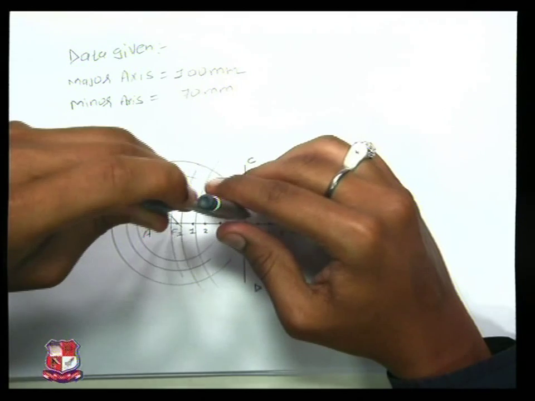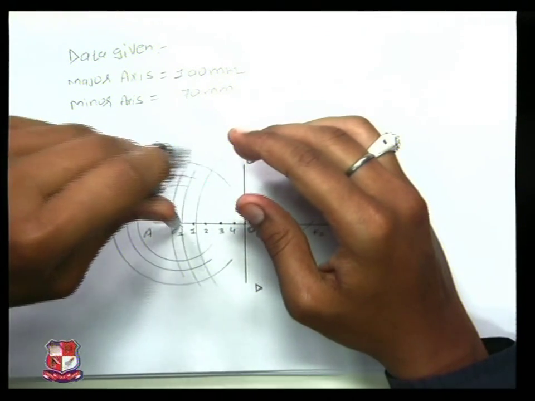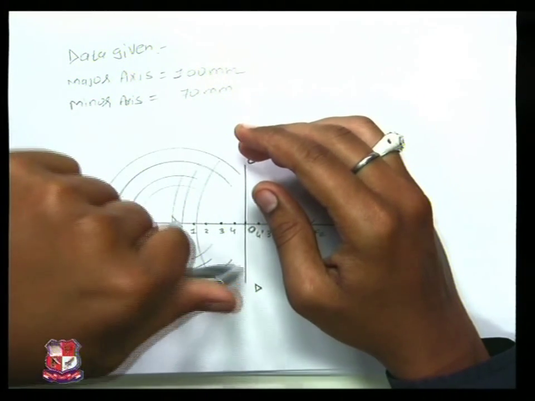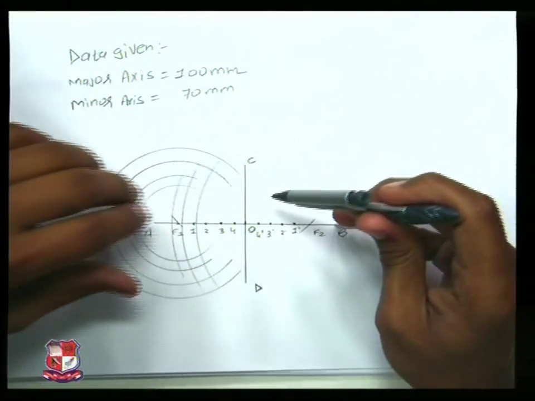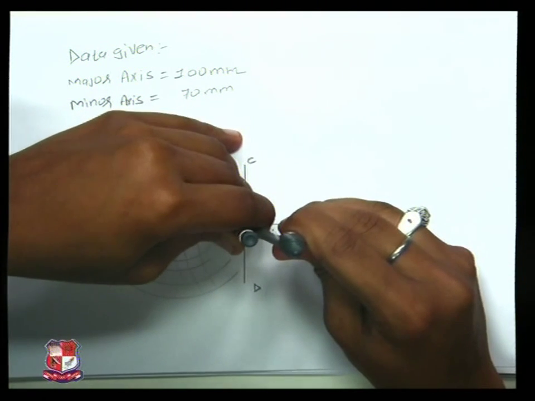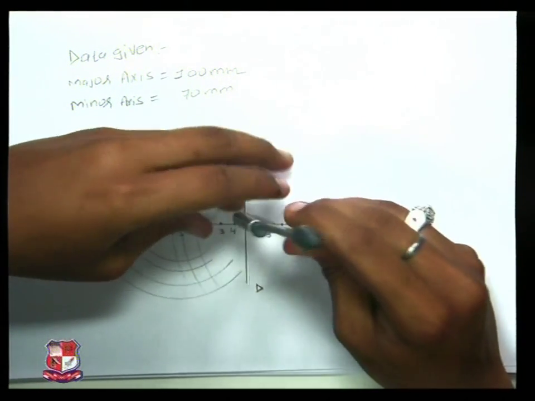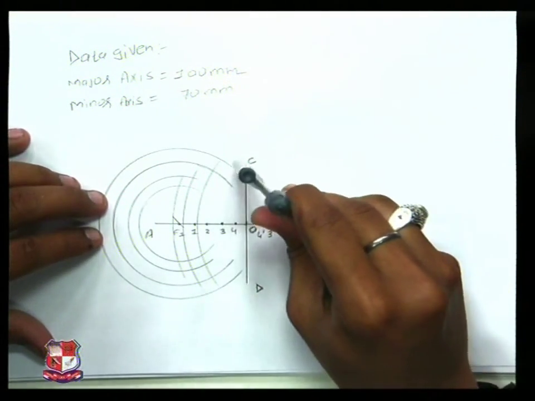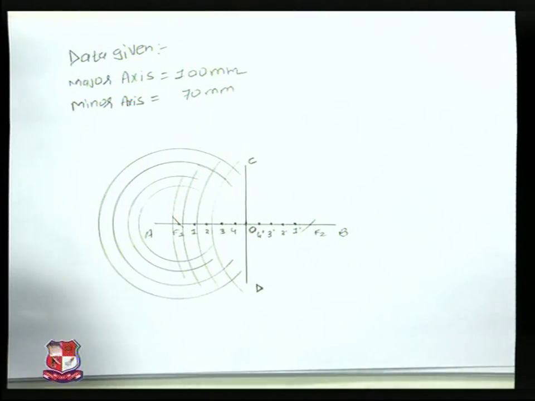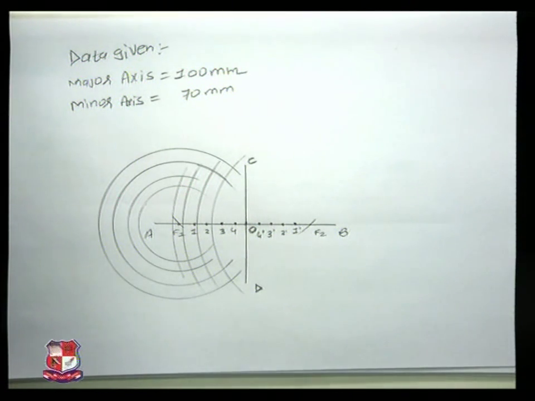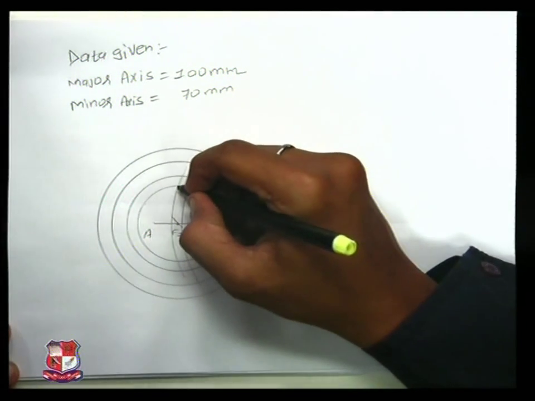A4 as radius, F1 as center. Draw an arc like this. B4 as radius, F2 as center. Draw an arc like this. Now where these both arcs are intersecting,